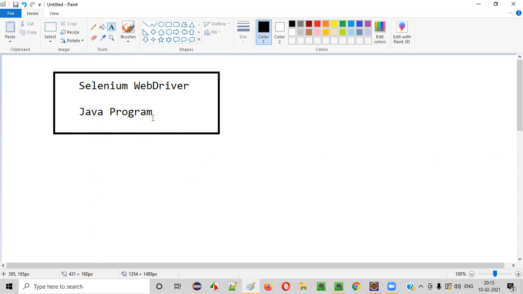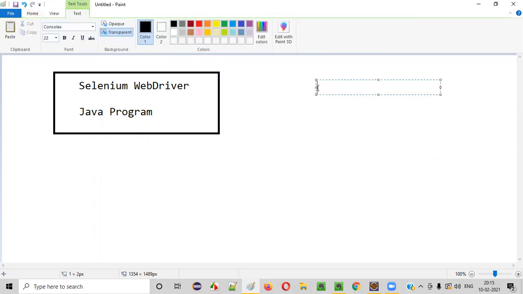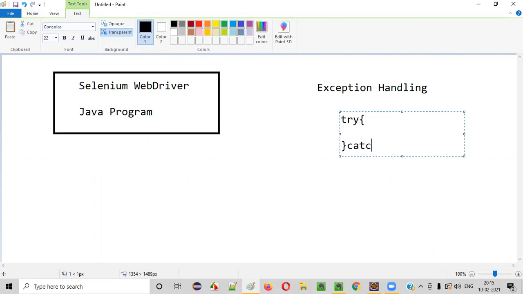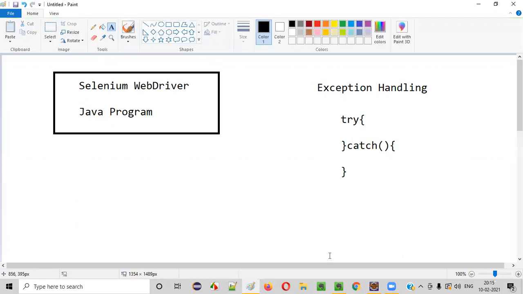In Selenium WebDriver with Java, guys, we use exception handling. In Java programming, there is something like exception handling. As part of this exception handling, we have the try catch block. Remember this? If something fails or some unexpected error occurs, we can execute something in the catch block. If the try block can catch the exception or error given by the Selenium WebDriver Java program, the catch block will handle the exception and the execution will continue.